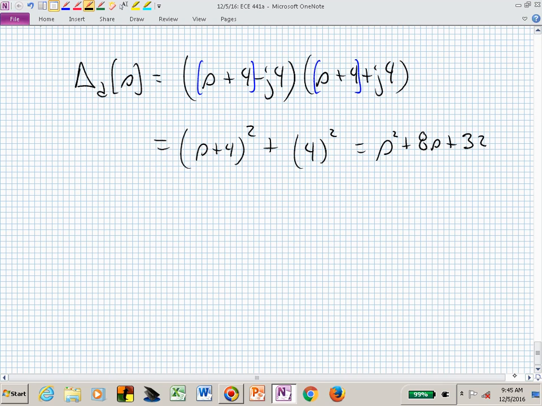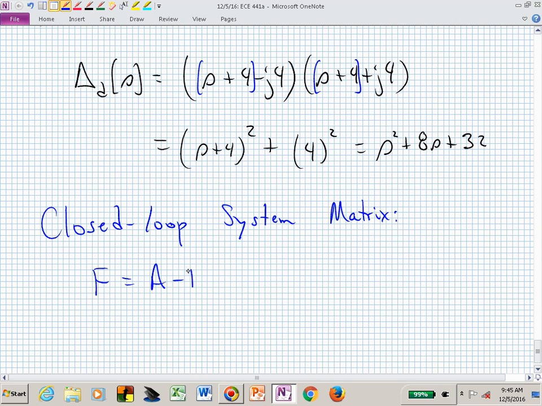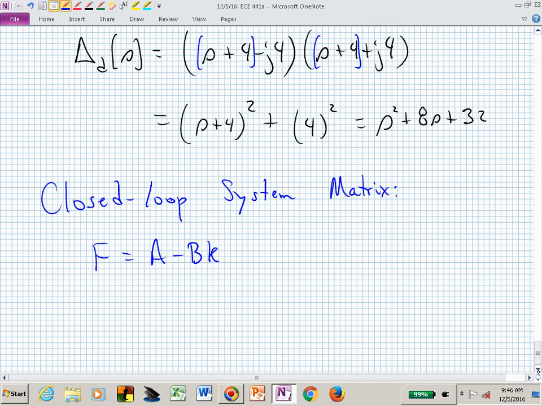What do we want that to be a part of? Or where do we want to end up with this desired polynomial? If we're doing full state feedback, we want the closed loop system matrix to have that polynomial as its characteristic polynomial, or the eigenvalues of our closed loop system matrix. Our closed loop system matrix F is equal to A minus BK,